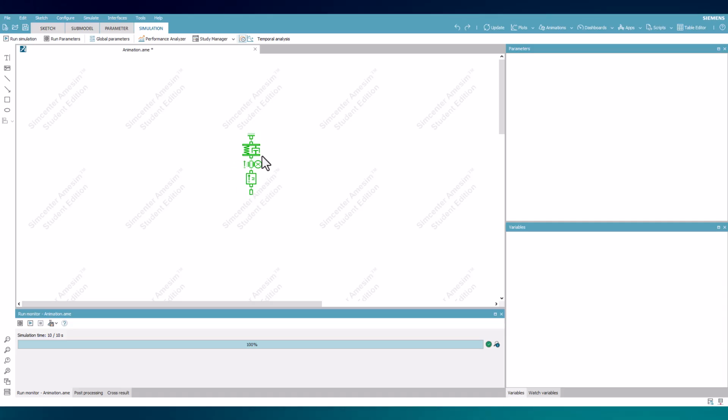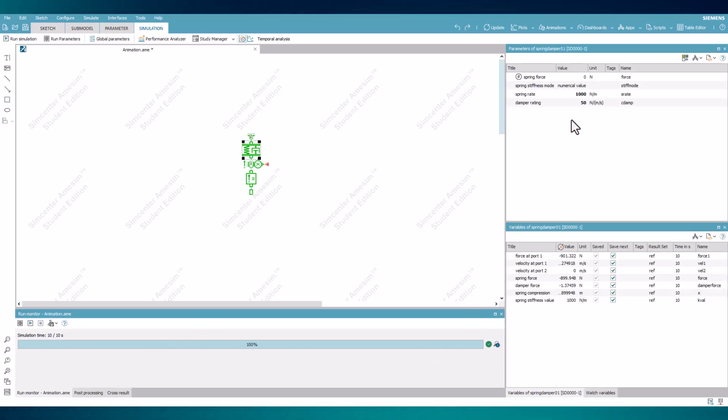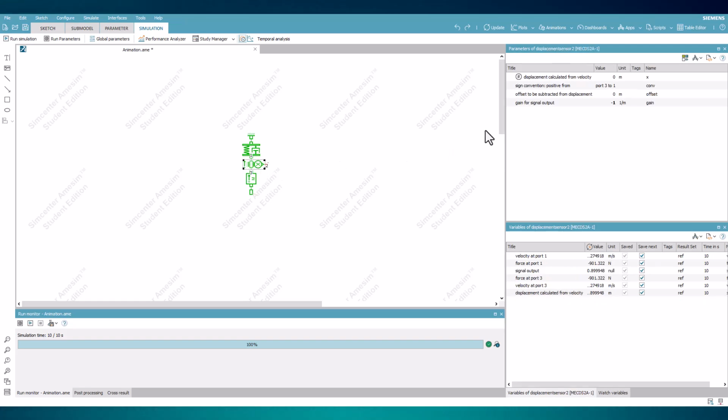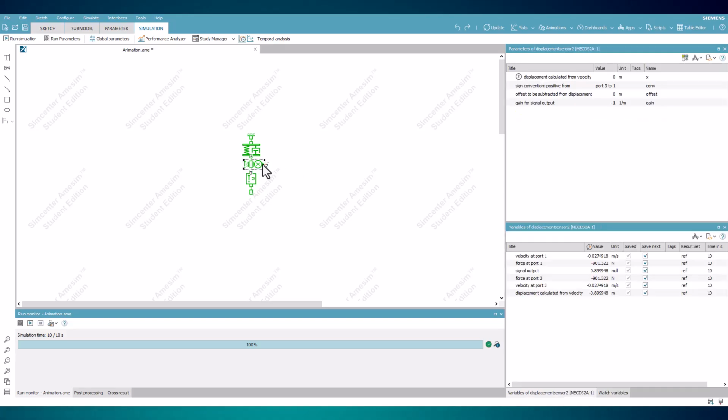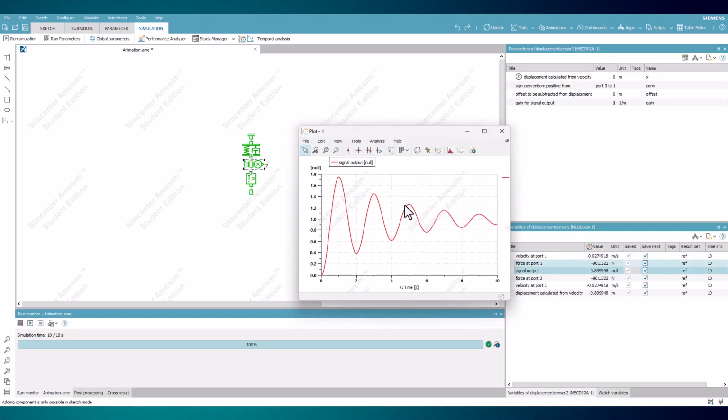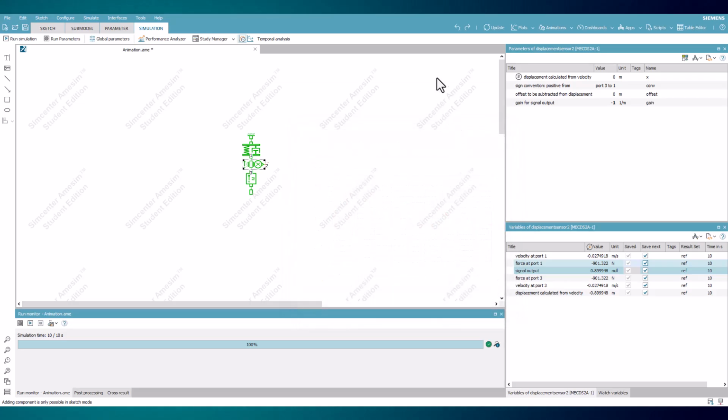This process begins after the model has gone through a simulation of 10 seconds with the following parameters for each component. The motion that will be visualized through the simulation will be the output of the displacement sensor, showing the motion of the mass. Creating a new animation begins by opening the animation window to the top right by either clicking on the logo or by opening the dropdown and selecting New Animation.